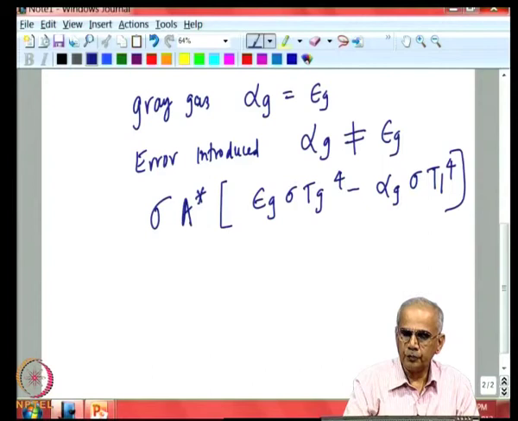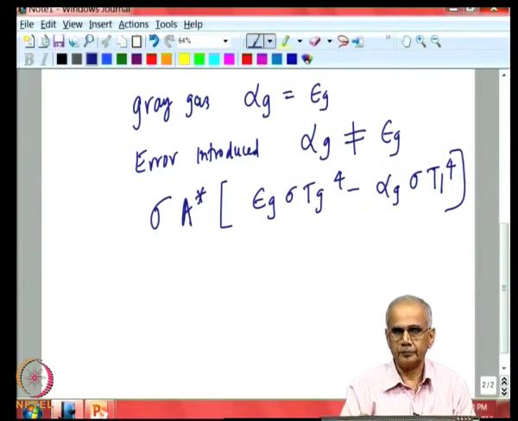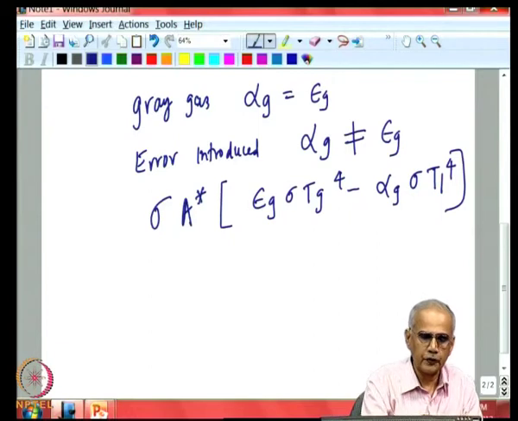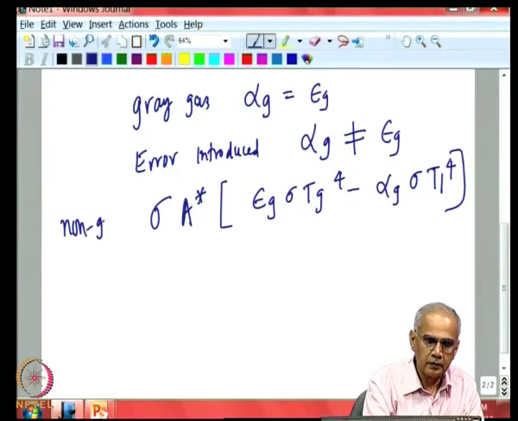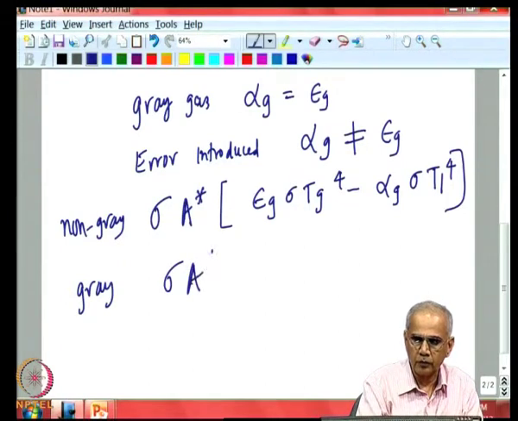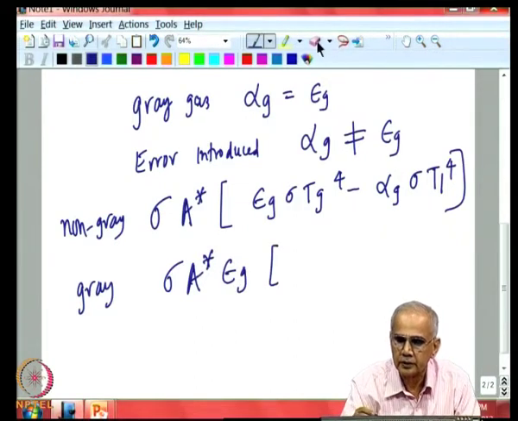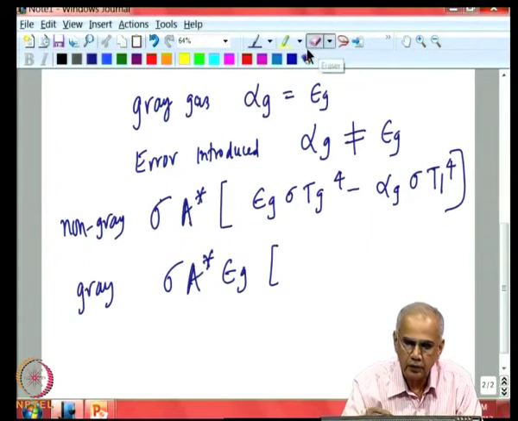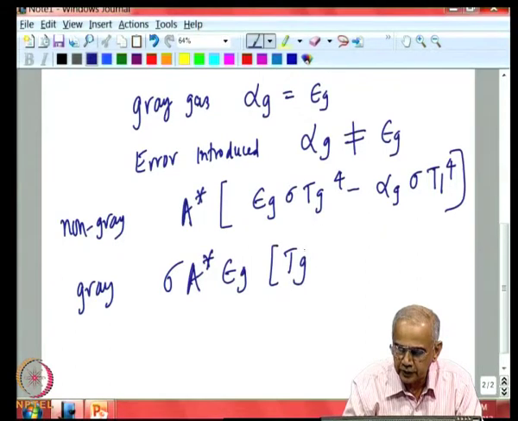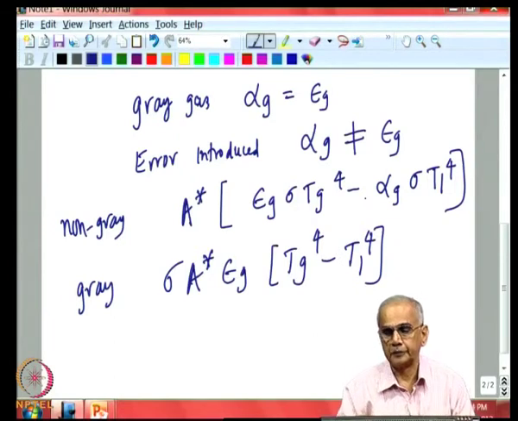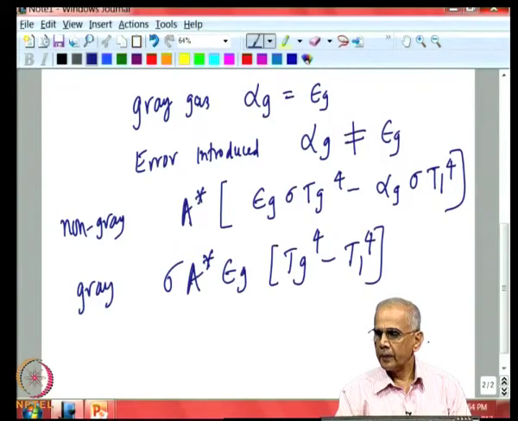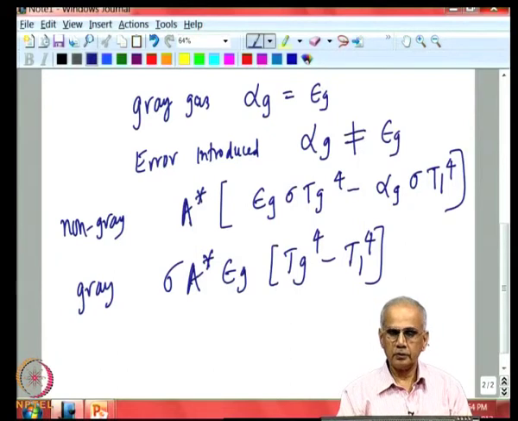So, we had assumed these two to be equal and taken it out of the equation, so this was the non-gray case, and for the gray case which we had assumed, we got, I am sorry, here this is, not here. So, we had used this equation in the last lecture, which is not right. We should use this equation,